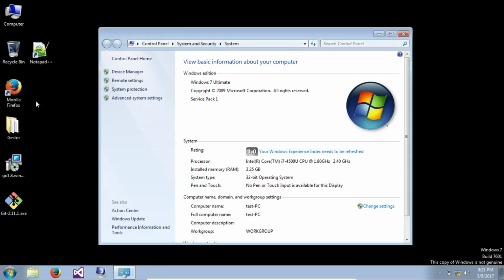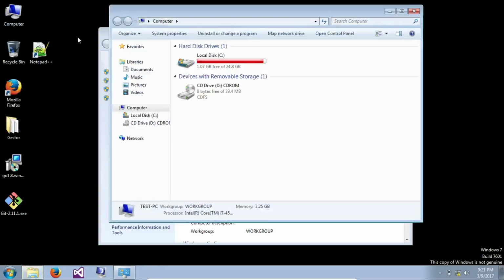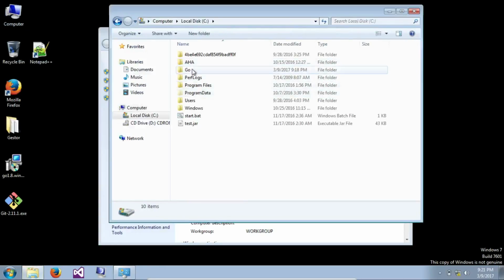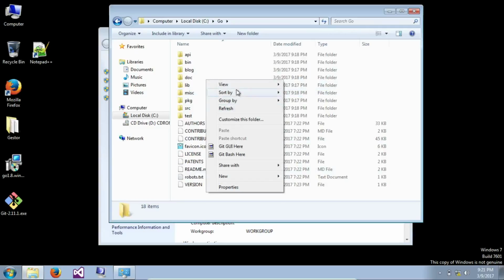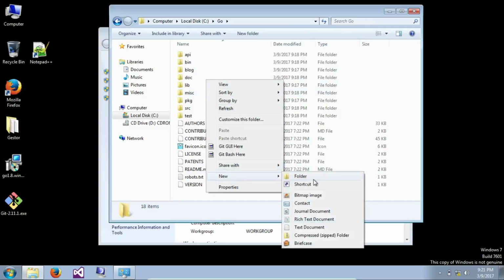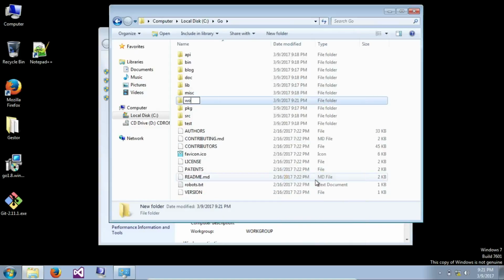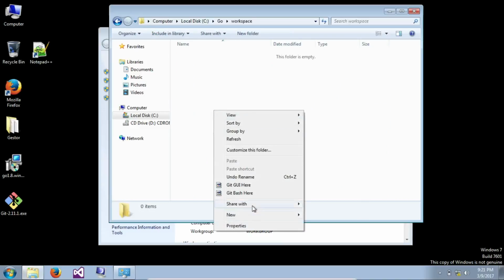I haven't actually created the workspace yet, so I'll go ahead and create that one first. New folder. I'll create a new file here.